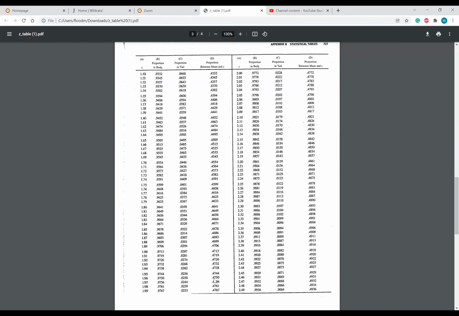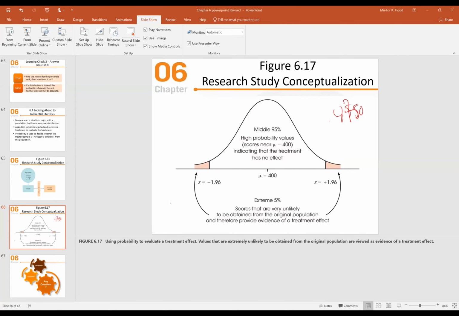All right, so 0.4750 is right here. And that corresponds to a z-score of 1.96. And if you remember the last chapter,